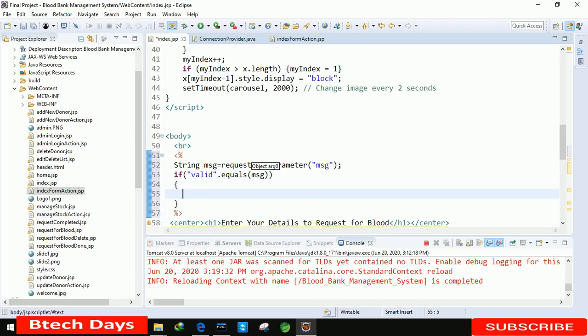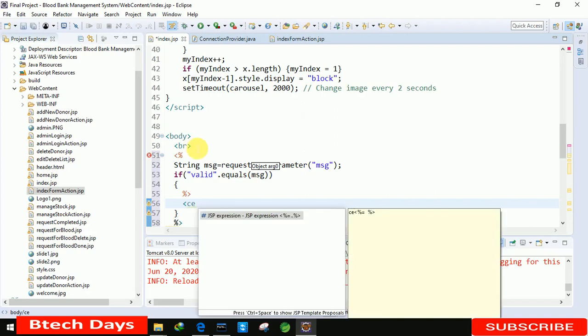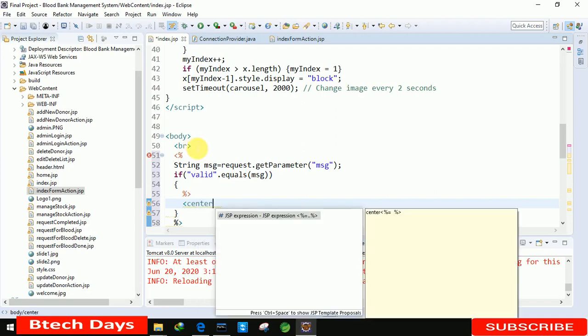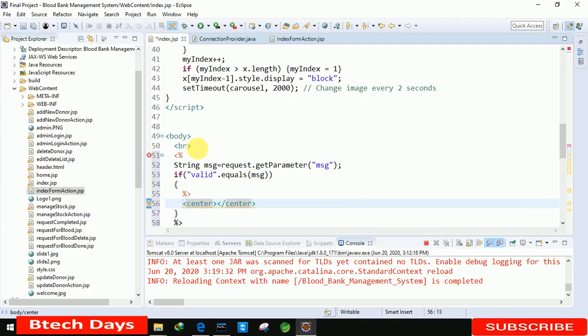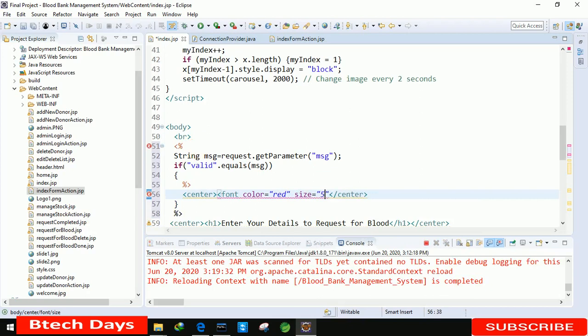a message. That one is our center tag. Let me write center, and set the font color to red, and the size, let me make it 5.